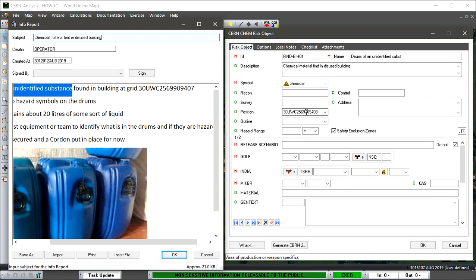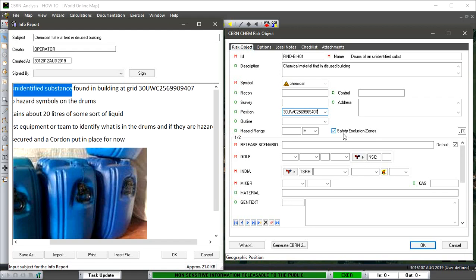It is slightly different, so we'll make some adjustments to it so it is the same, and then we'll make that the same as well. Again, as we've talked about on previous tutorials, we do have options to do a perimeter, a hazard range, or we can use the safety exclusion zones that are indicated at 1, 3 and 11 kilometers as part of the ATP 3.8.1 Volume 1 for CBRN Defense,